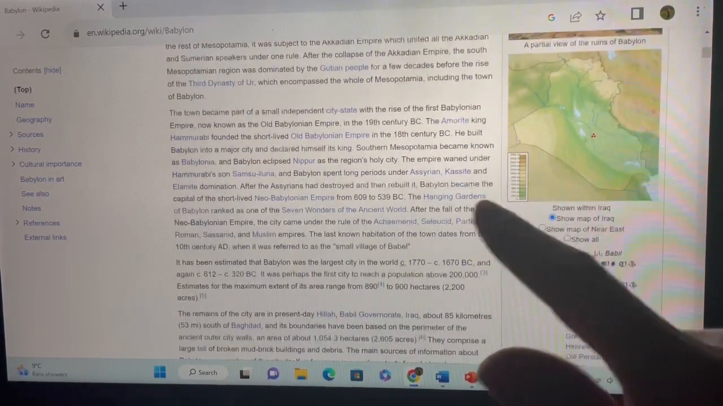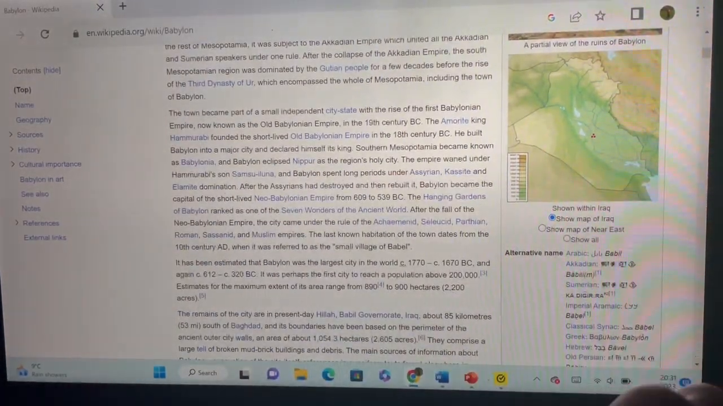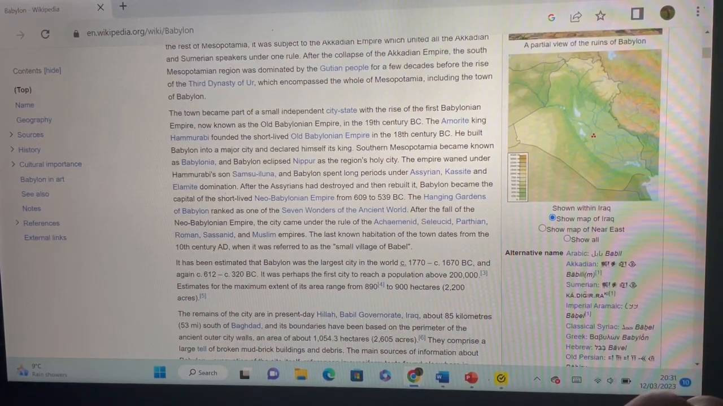The town became part of a small independent city-state with the rise of the First Babylonian Empire, now known as the Old Babylonian Empire, in the 19th century BC. The Amorite king Hammurabi founded the short-lived Old Babylonian Empire in the 18th century BC. He built Babylon into a major city and declared himself its king. Southern Mesopotamia became known as Babylonia, and Babylon eclipsed Nippur as the region's holy city. The empire waned under Hammurabi's son Samsu-iluna, and Babylon spent long periods under